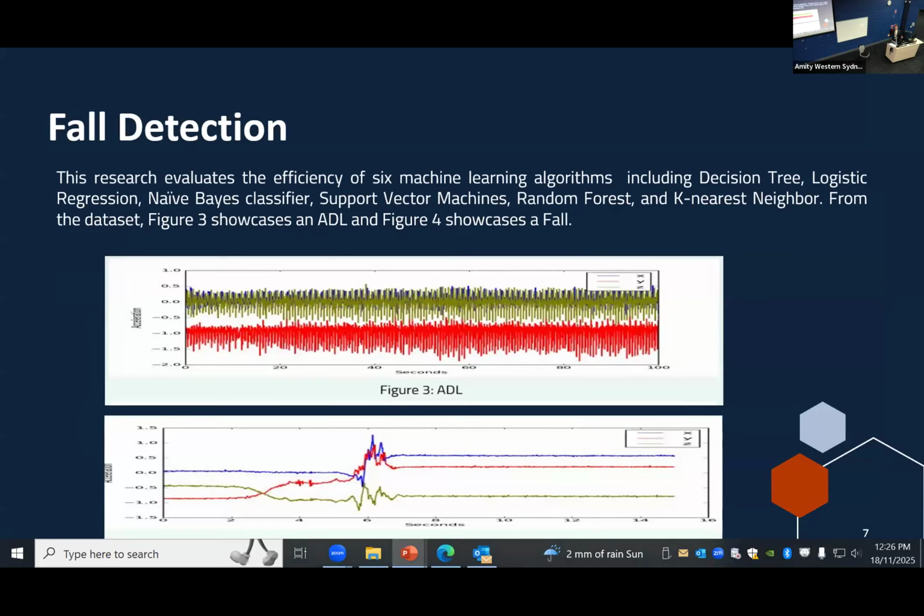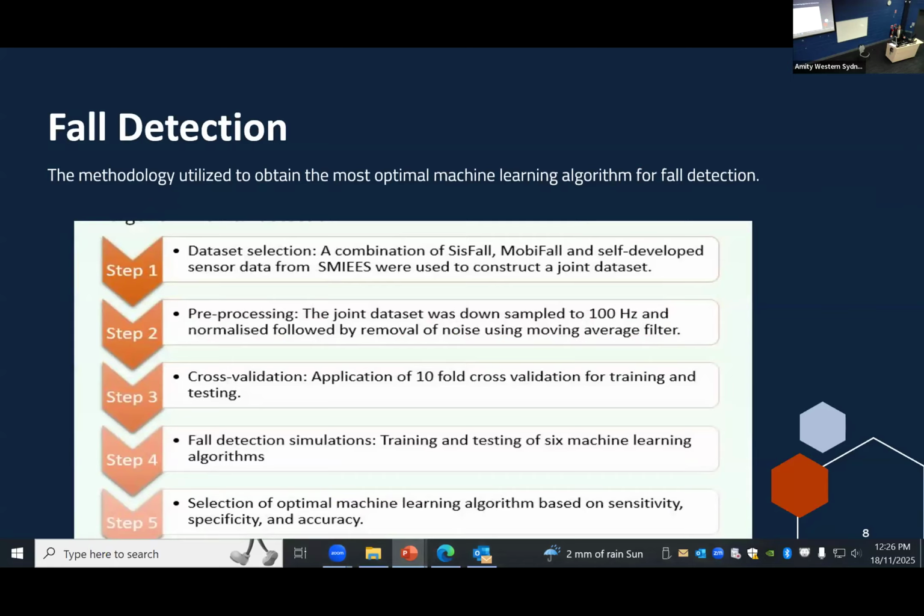So that's why it's so easy to detect falls. That's why you get 99% accuracy in predicting a fall. So here it is, your activities, and then the fall happens, and then the activities stop. Sudden movement, and so that's why you don't need to use machine learning to do this kind of task. Very easy to predict from the data.